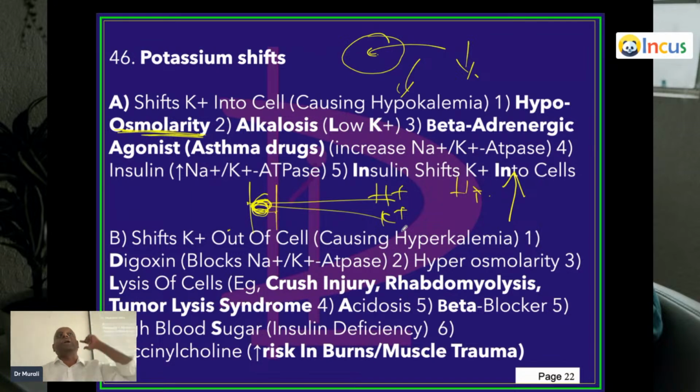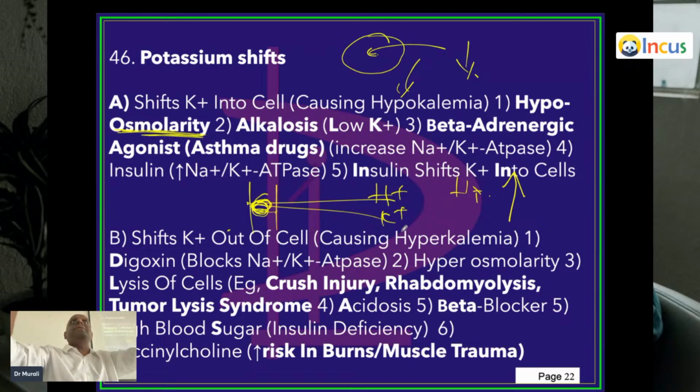Okay? Now, come on. Acidosis mein kya hota hai? How many didn't understand? One more didn't understand, I will explain. H plus and potassium are both in competition. If there is acidosis, high H plus is there in the plasma. So it will not let potassium enter into cell. Potassium remains in the plasma. That leads to hyperkalemia.